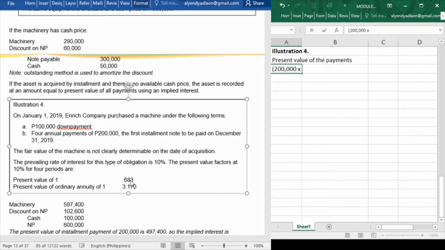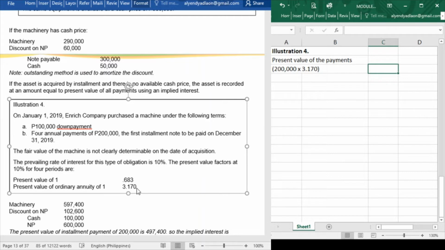The 0.683, which is the present value of 1. This is the present value if you are to pay a lump sum. And we also have the present value of an ordinary annuity of 1, that is 3.170. This is the present value we use if we are to pay every year. Now, since we have to pay 200,000 annually, we will use the 3.170 present value factor. So the present value of the future payments is 200,000 multiplied by